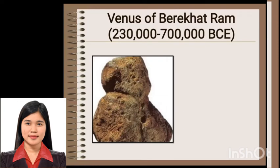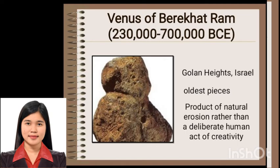The early Stone Age figurine of Berekhat Ram, discovered in the hills north of Israel, which is the Golan Heights, Israel, is believed to be one of the oldest pieces of sculpture known to archaeology. Although initially highly controversial, as one paleontologist preferred to see it more as a product of natural erosion rather than a deliberate human act of creativity. Its status now seems more secure following the discovery of a second similar and contemporaneous figurine, the Venus of Tantan